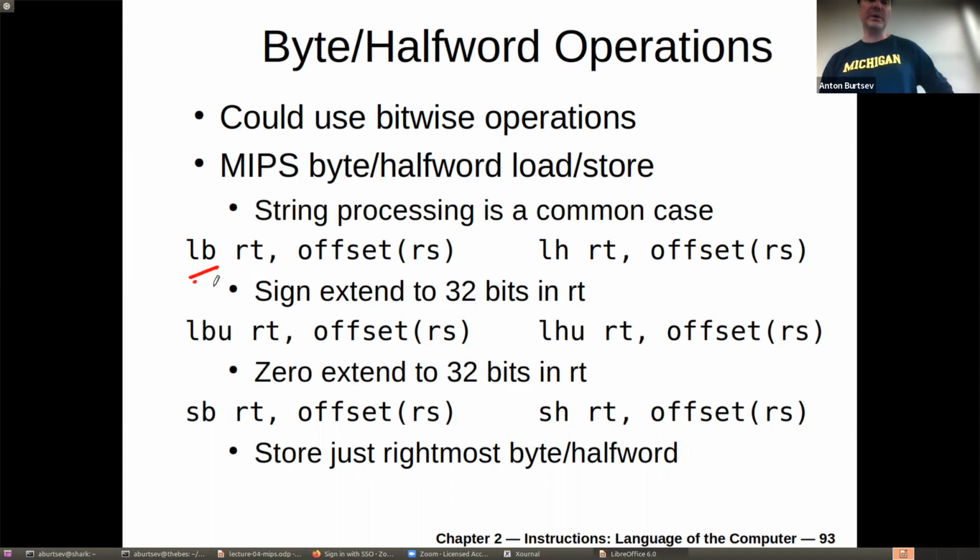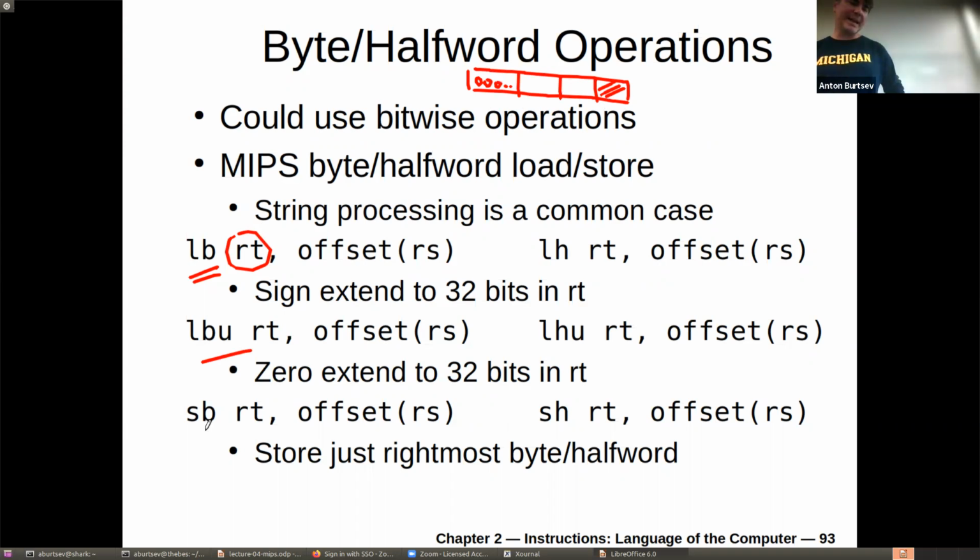There is a load byte, which loads just 1 byte, and sign extends it into the register. If you have 4 bytes, it will load the lowest byte and then extend with zeros if it's unsigned, load byte unsigned, or with ones if it's a negative signed value, right? And similarly, it has a store byte,